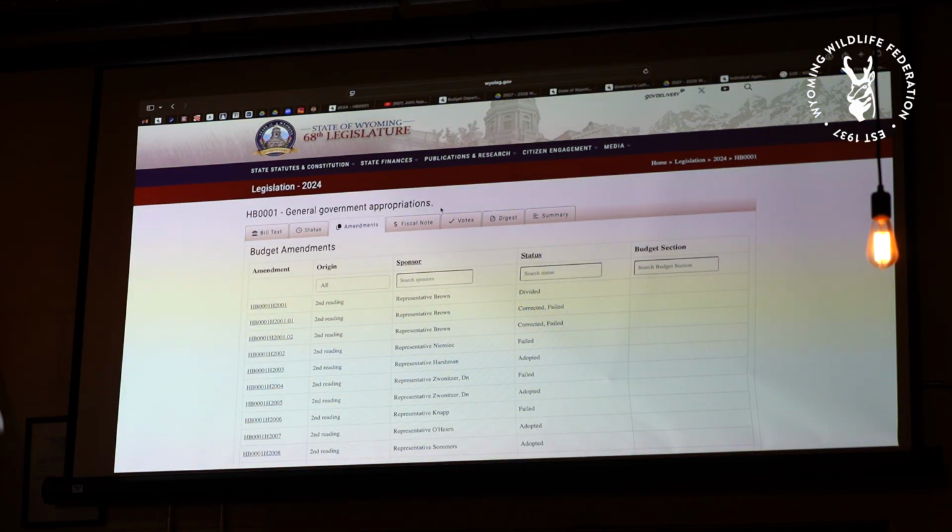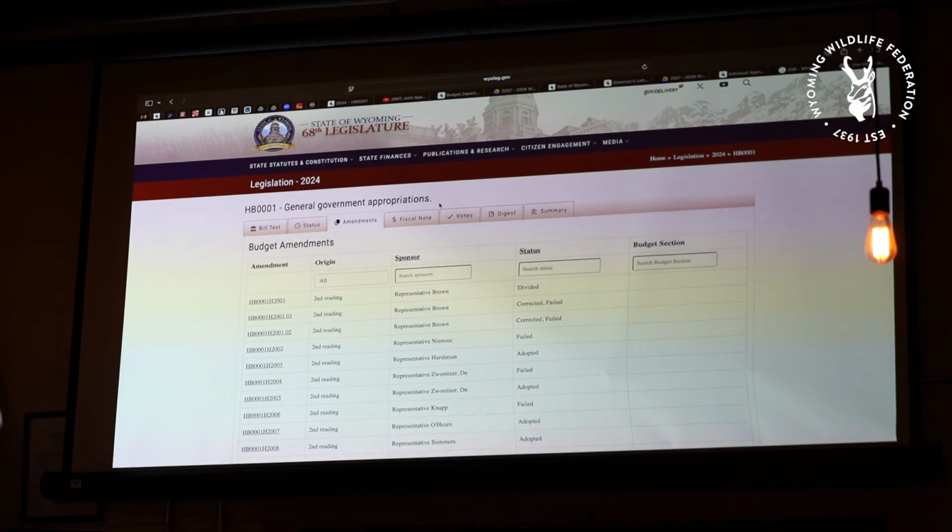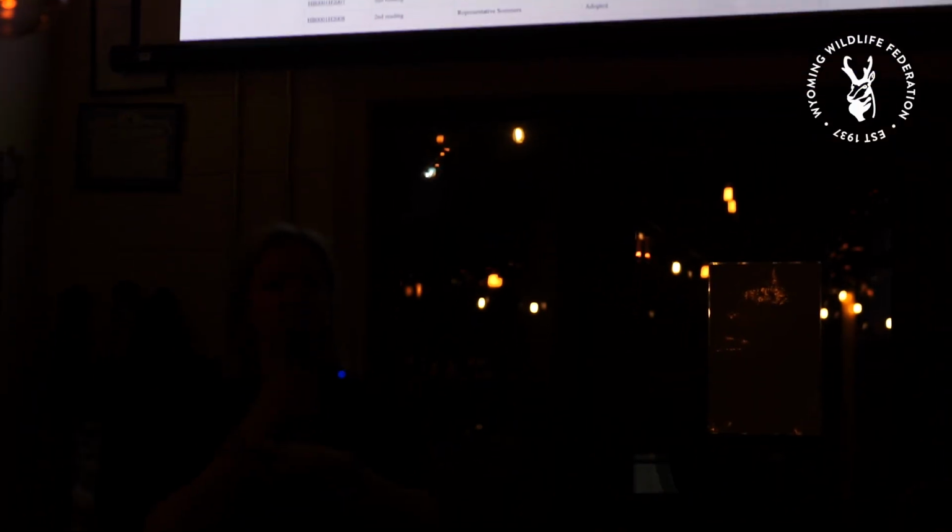And it happens quick, and it doesn't always make sense. But you can always go back to this website and sort of make sense of it as you go through it. And they will not put all of these amendments up the night before. This is where you just hit refresh, you're like, oh shoot, there's 15 more, great. And then you kind of go through them and you sort out, once you start learning the section numbers,